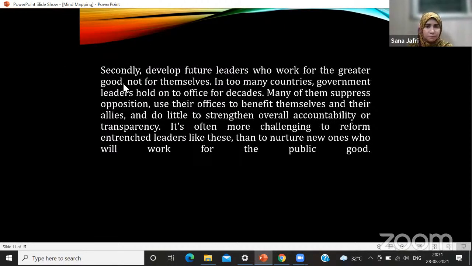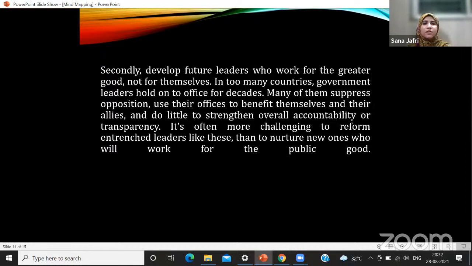The second para is very simple, short. Let's quickly read it. Secondly, develop future leaders who work for the greater good, not for themselves. In too many countries, government leaders hold on to office for decades. Many of them suppress opposition, use their offices to benefit themselves and their allies, and do little to strengthen overall accountability or transparency. What is it talking about? Here also, the first sentence is the topic sentence. And the remaining paragraph is simply elaboration, full of examples, just to drive